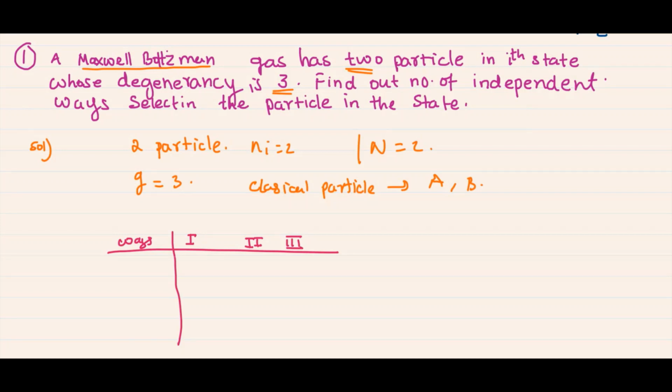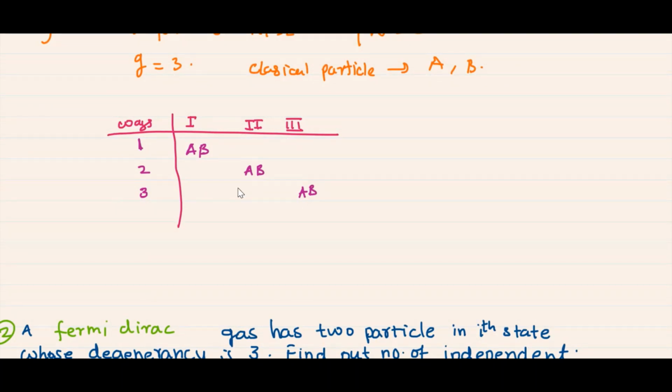The first way is this one. A is here and B also here, and the second way is A and B are in state 2, and the third way is A and B are in state 3. So this is way 2, and this is way 3. Okay, and then A is here, B is here. This is way number 4, and then A is here, B is here. This is way number 5, and then A is here and B is here. This is way number 6,